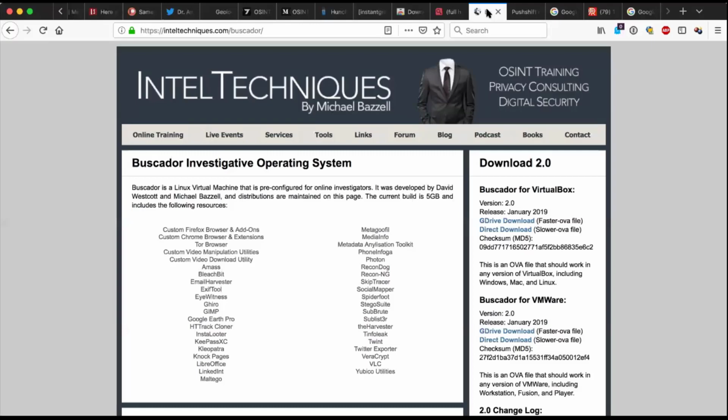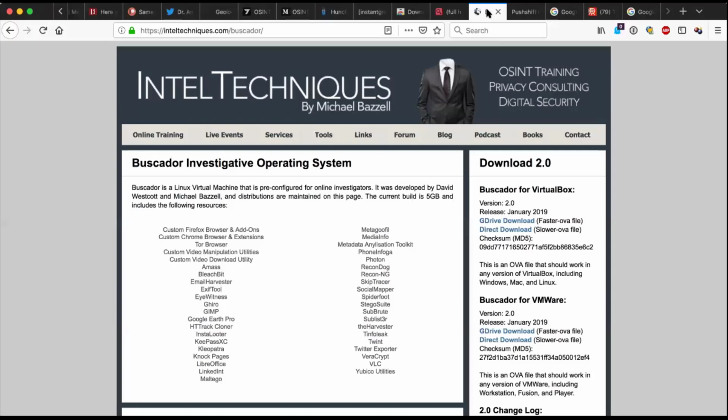It has everything in it that an OSINT investigator or online investigator might need. Your browsers, a Chrome browser, a Firefox browser, all being hardened and provided with the right amount of add-ons you might ever need.